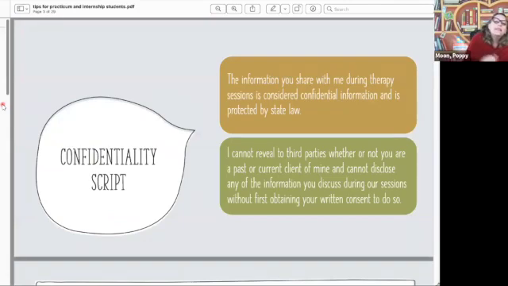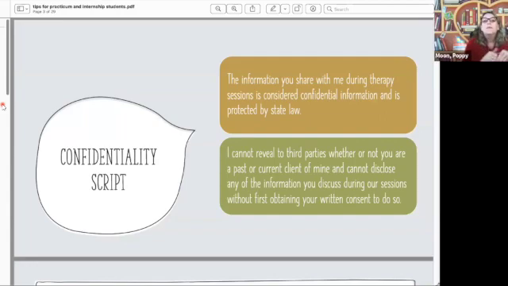So one of the things that I've noticed is that my students get really nervous when they have to talk about informed consent and confidentiality. So I decided that I would make a little confidentiality script that I would use, and this one is for private practice. Okay, so I've got the person there, we're getting started, we're doing informed consent, and of course I would have them have a piece of paper with the informed consent on it so we could kind of go